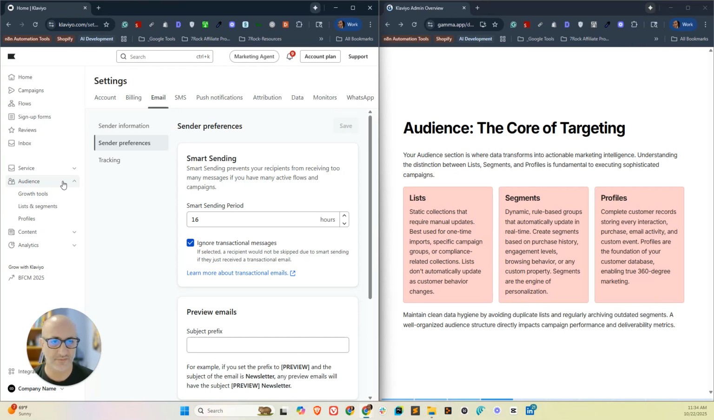Create a segment of everyone whose birthday is coming up in two months, something like that, right? You can create these segments. Those are dynamic rule-based groupings of people who are already in your list. And so you can create other segments like customers, people who have signed up and never bought and never engaged,